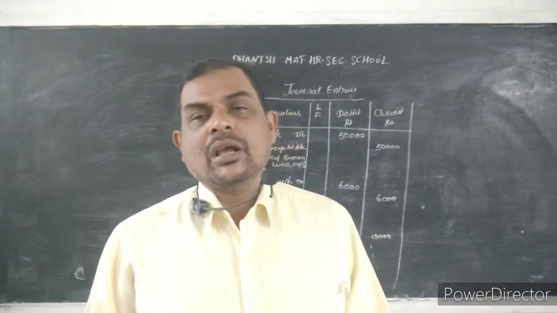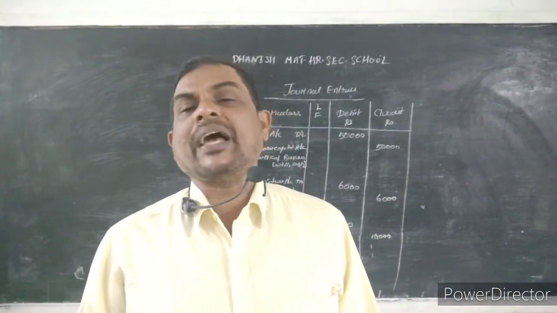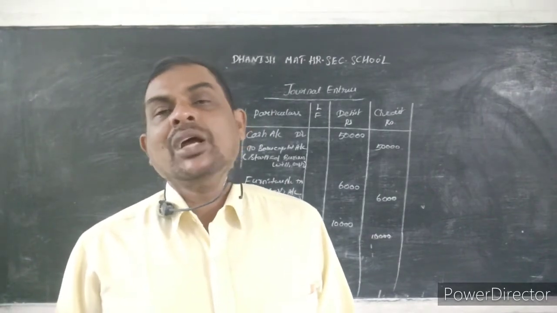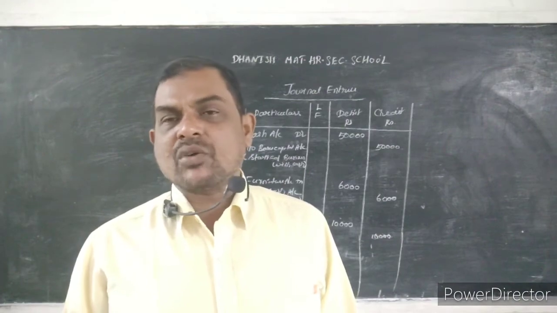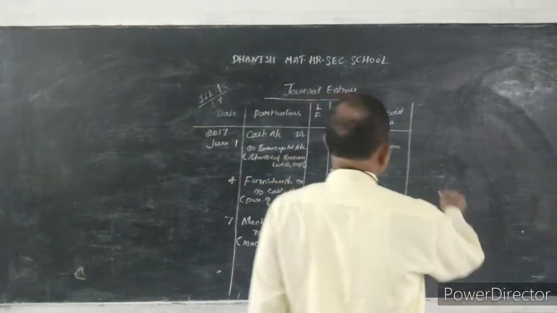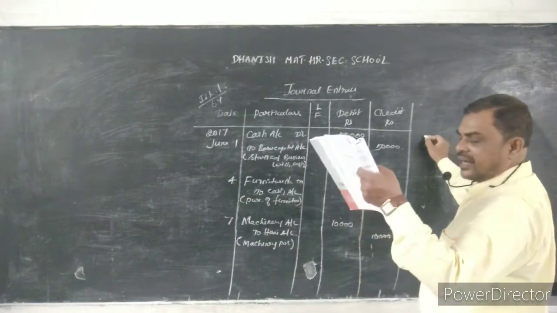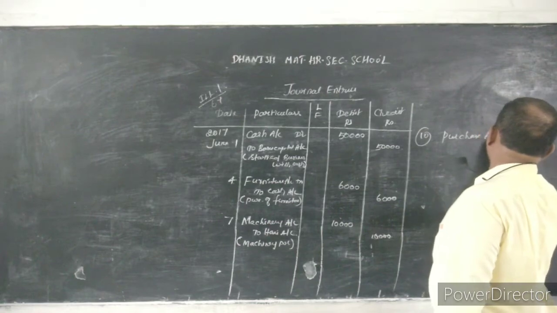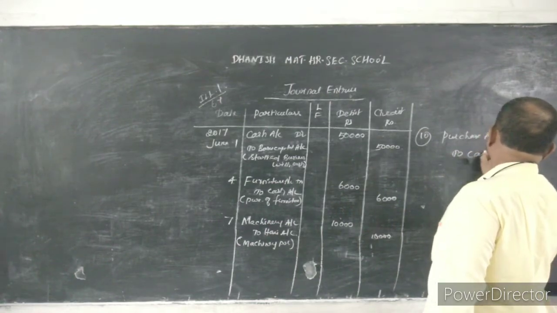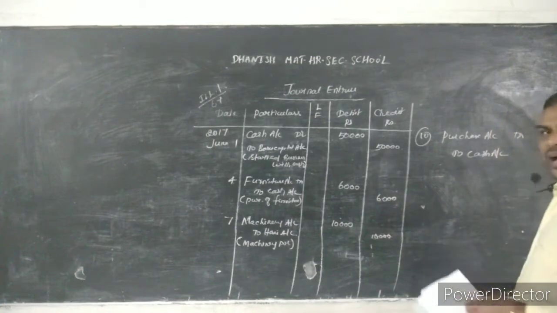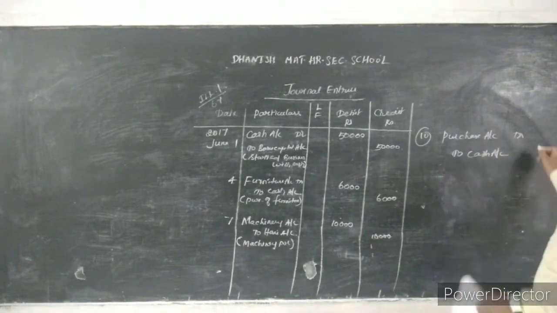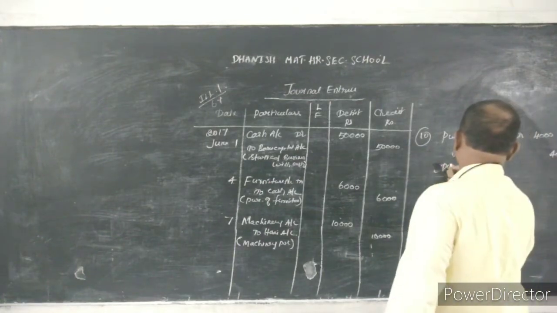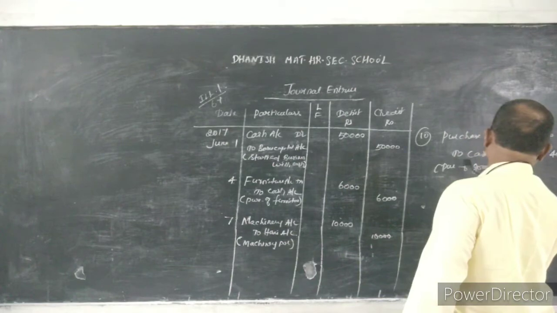Bought goods for cash. Bought goods is nothing but purchase account. So purchase account debtor to cash account. The next entry, the fourth entry, is what? Date, what is the date? Date is 10. Purchase account debtor to cash account. What is the amount? Amount is rupees 4,000. Debit 4,000. Credit 4,000. Purchase of goods for cash.